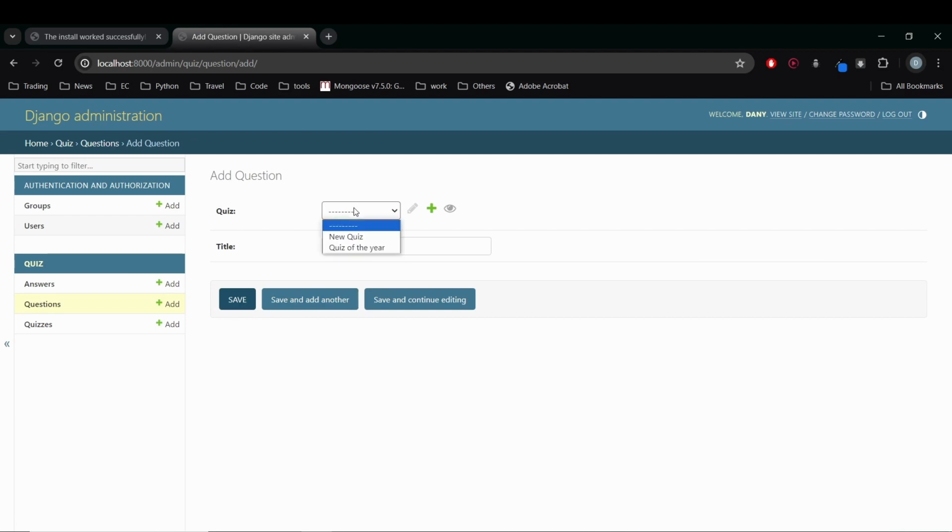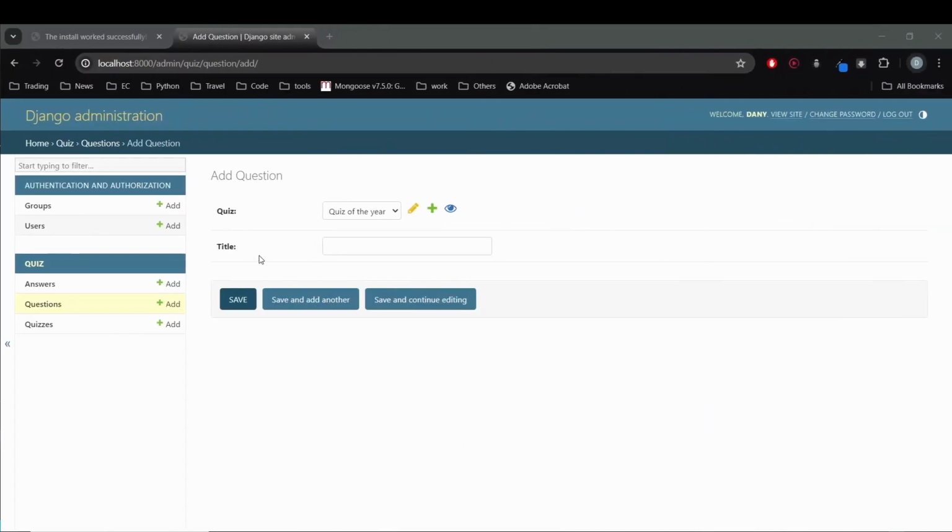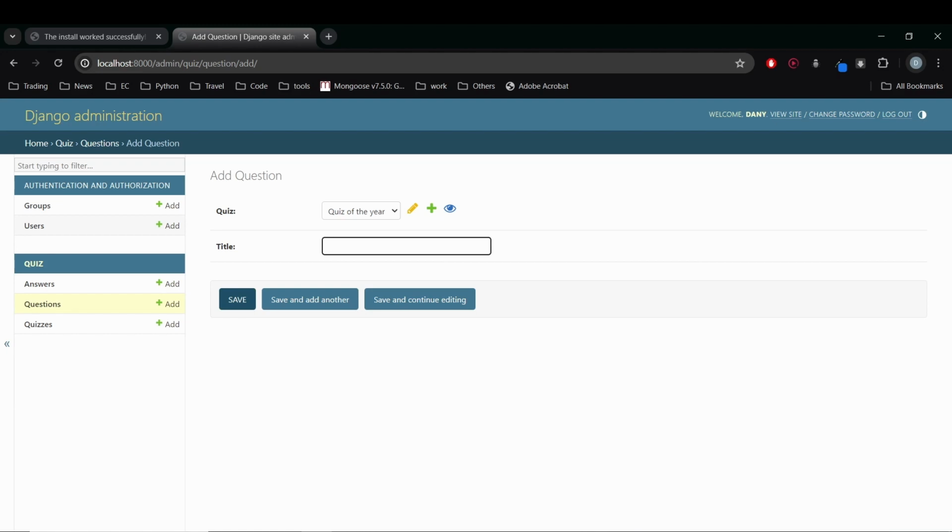As the question is related to the quiz, we can already capture the feature that the field quiz is going to be related to the quizzes that are available. So here we have created 2 quizzes, and now we can select which quiz we want to create the question for. So for the quiz of the year, let's ask, what is the chemical symbol of gold? It's going to be a true question in the field after. And add this,